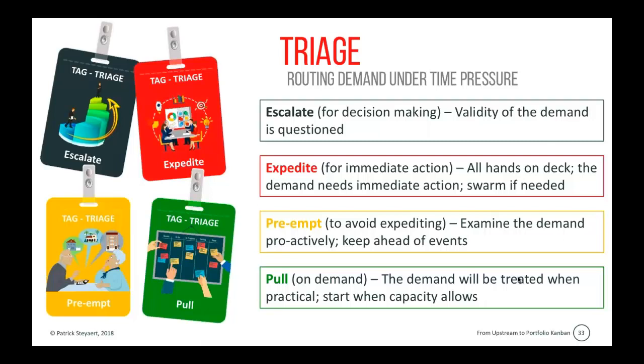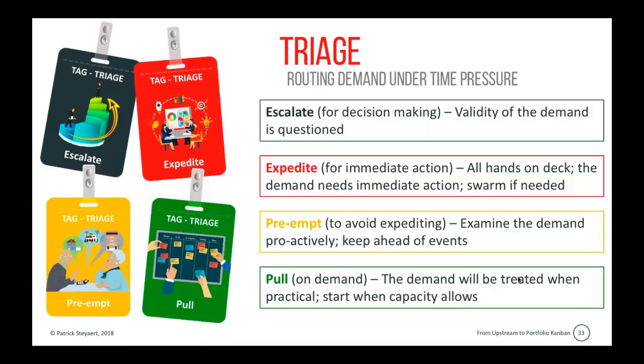So rather than waiting for the customer to answer back, we start becoming very proactive. We try to keep ahead of events. Rather than waiting for the customer, we actually go to the customer. We start analyzing, we start examining the demand because we suspect that there's a risk to the demand. We suspect that if we're not proactive, the demand might become problematic or might expedite.